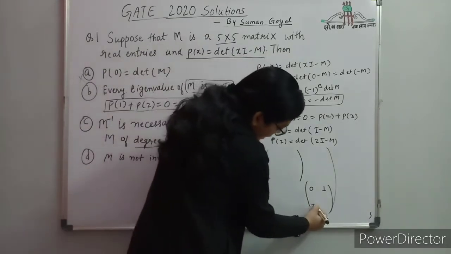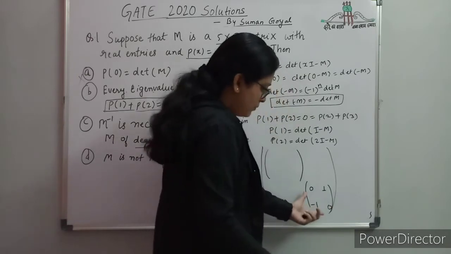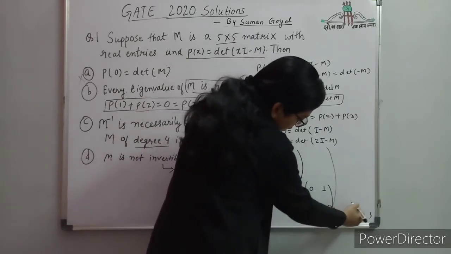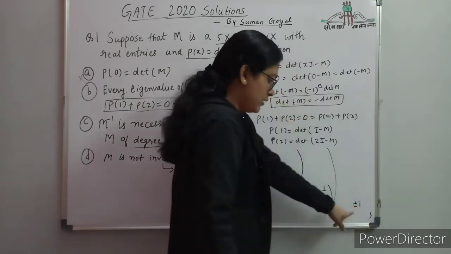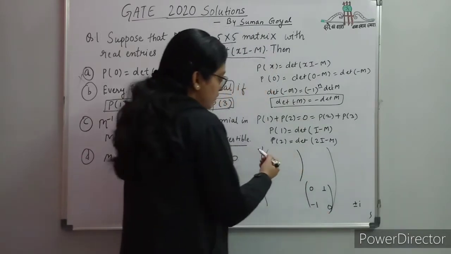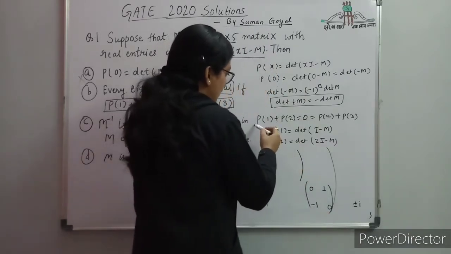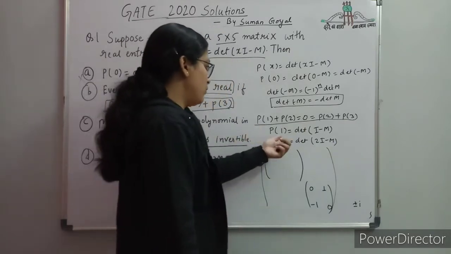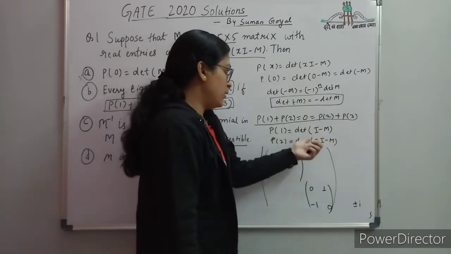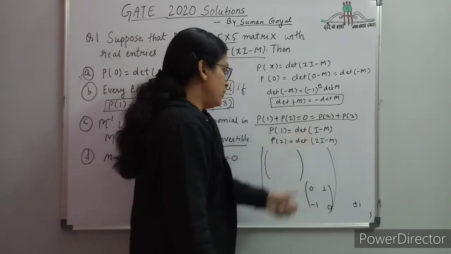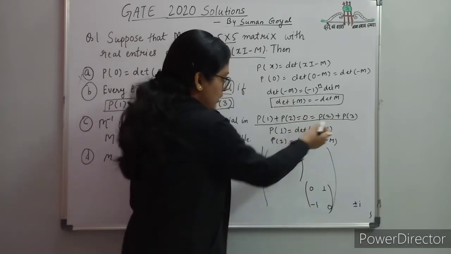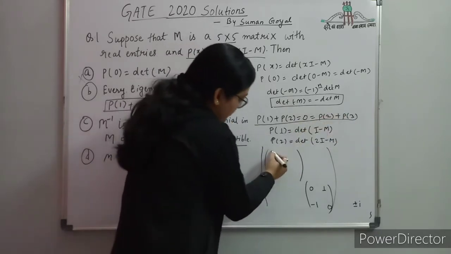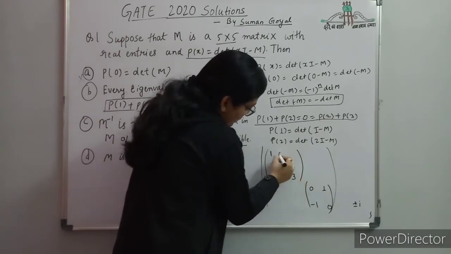So if we take this block matrix, the eigenvalues of this matrix are plus minus i, imaginary eigenvalues. We also have to see that this condition holds true. This condition holds true means what? P of 1 is equal to determinant of I minus 1. This should be 0. If you take the eigenvalues as 1, 2 and 3, then